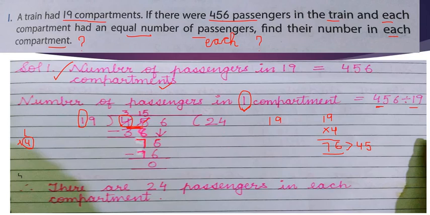Okay, now we will get the remainder 7, and the next digit will be carried down. So 76 is the new dividend, right? As you can see in the rough column, 19 4s are 76, we have calculated. So it will be completely divisible by 4. Okay, so we will write 4 and the remainder is coming 0.